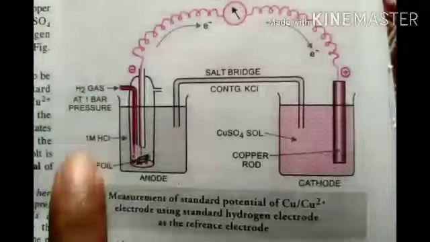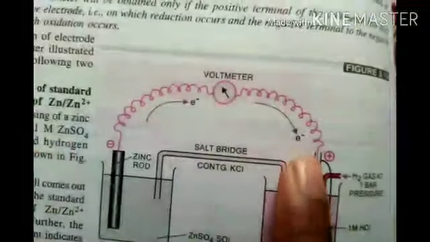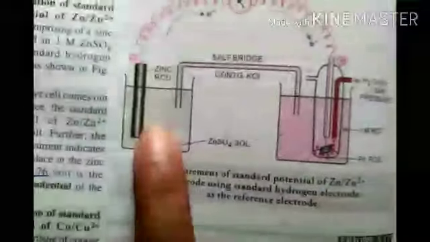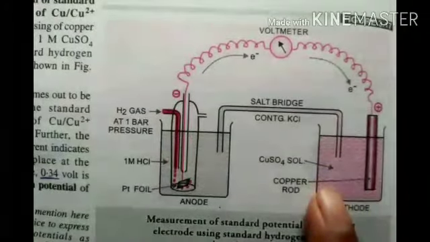See, from here to here, how much electricity is transferring? Here to here, how much electricity is transferring? We have to calculate. So here what is happening? Already you know. Where is oxidation happening? Here reduction is going on. We know. Now let's go into a little more depth.